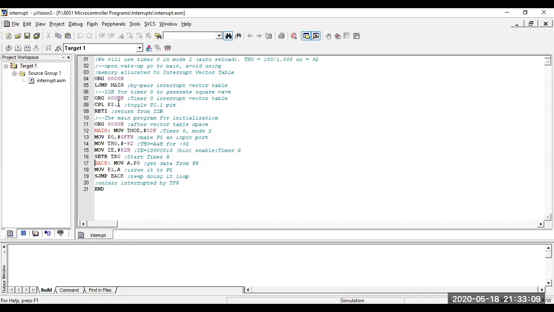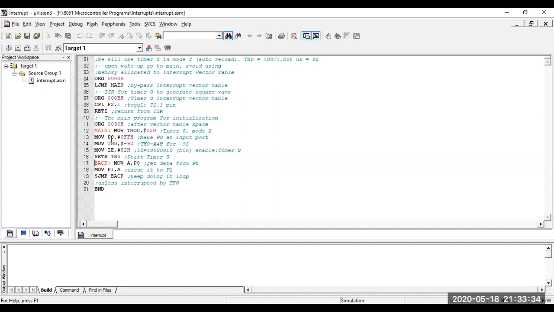I have given this in the question. And after completing this subroutine, you have RETI. Return from interrupt means it will come back to the main program. So this is the starting of the main program, org 0030h. MOV TMOD, #02. That means you are operating timer 0 in mode 2, auto reload mode.